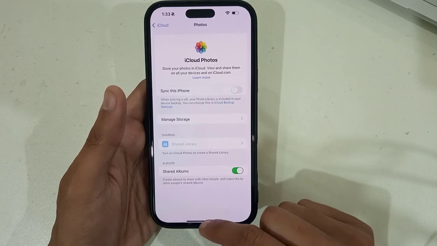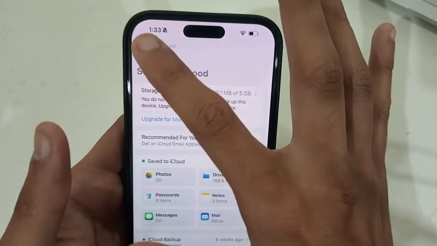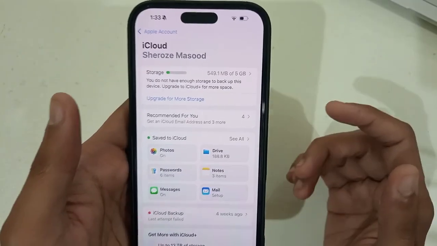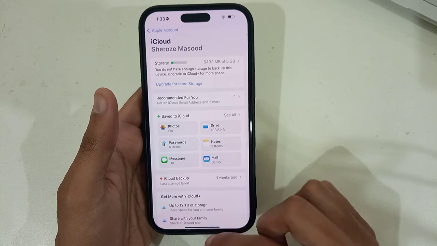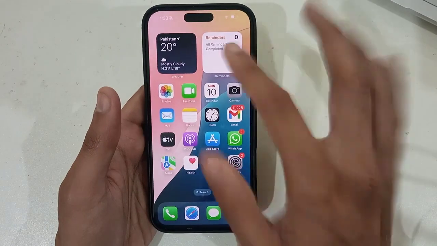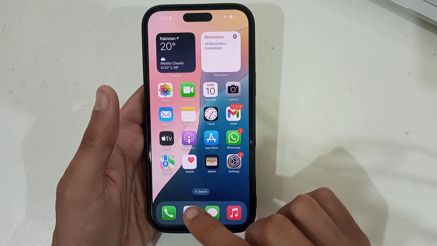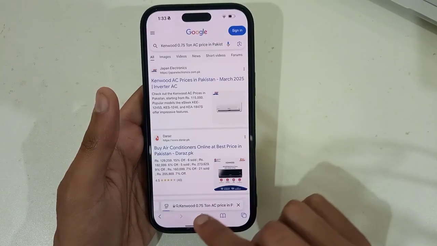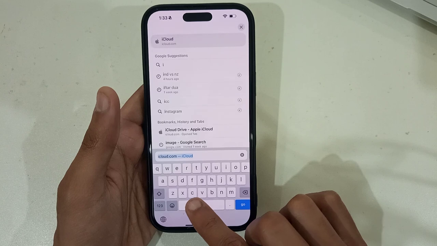And by turning this on, as in my case I have turned it off because I have not bought the space, because each photo consumes a lot of space on the iPhone. So after turning this on, syncing and buying the extra cloud storage, what you need to do is just go to your Safari browser, and you can type here iCloud,